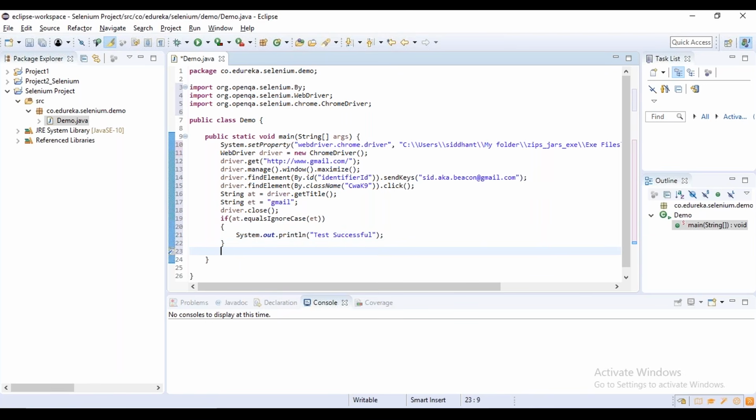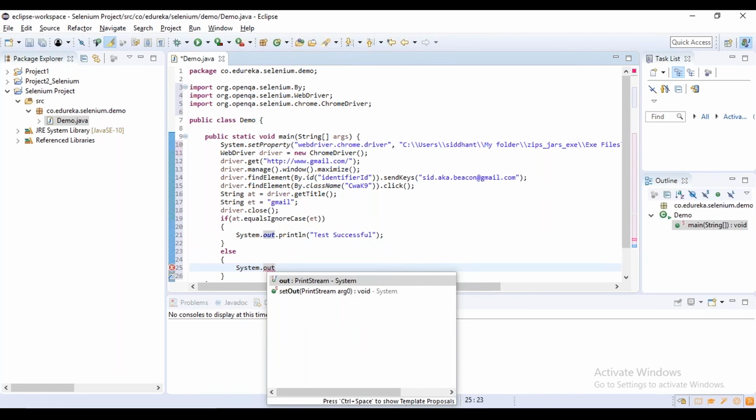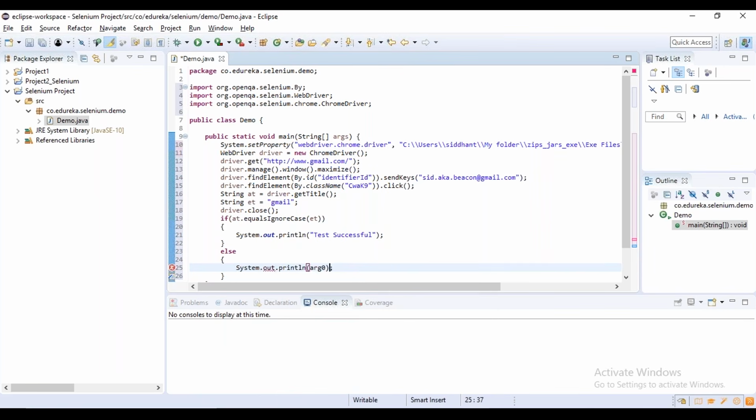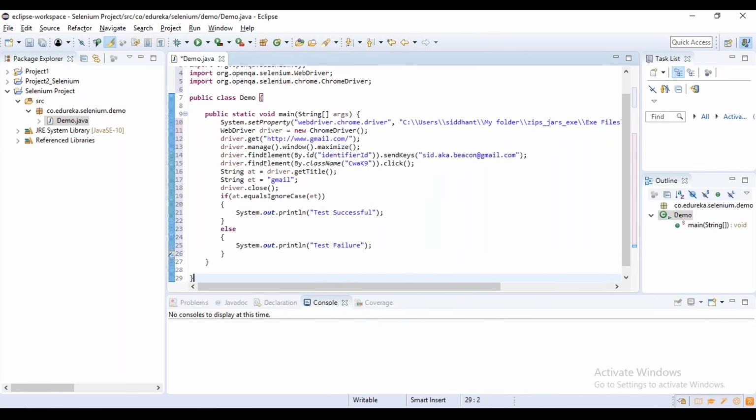And if that does not happen, we'd know that something went wrong and our test was unsuccessful. So let's print out the same, println, and what do we write? We wanted to display test failure, right? So we've successfully built a test case.